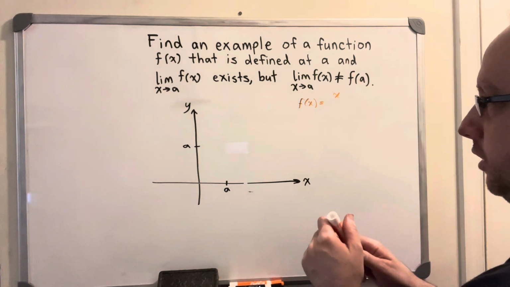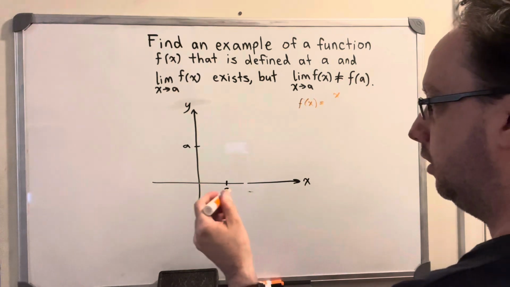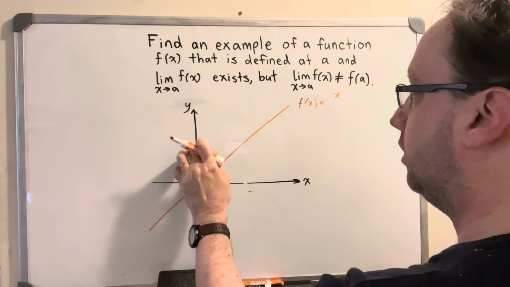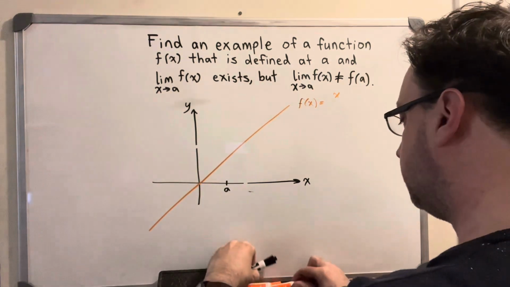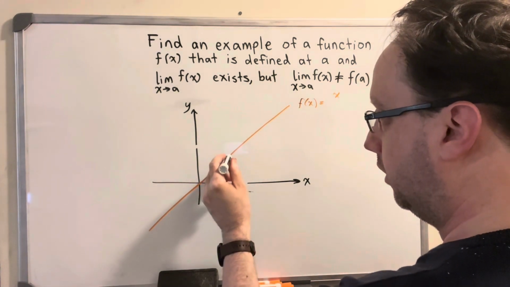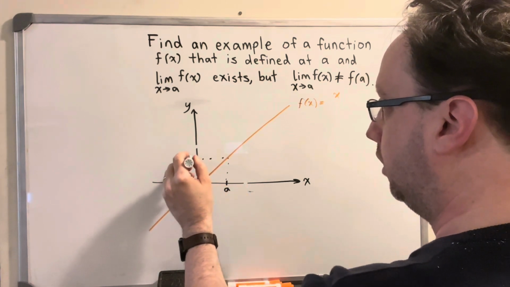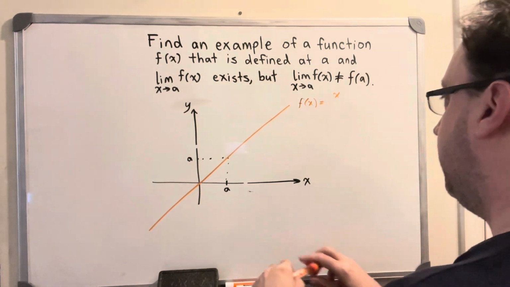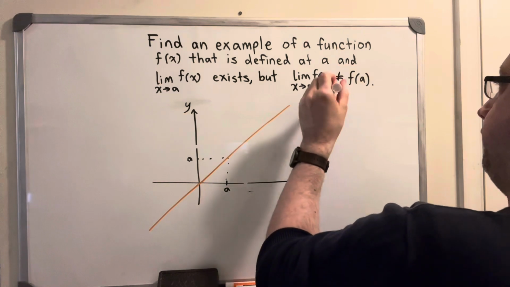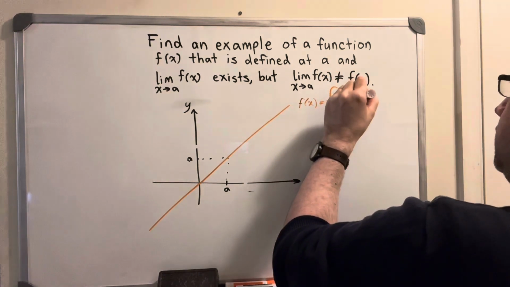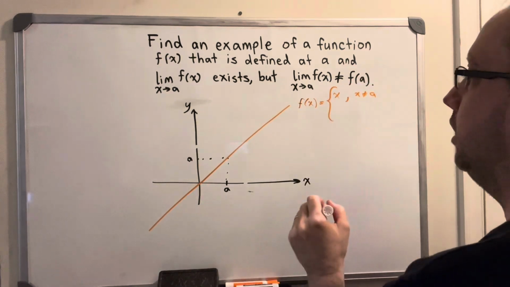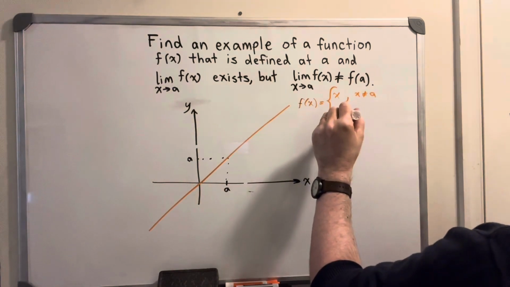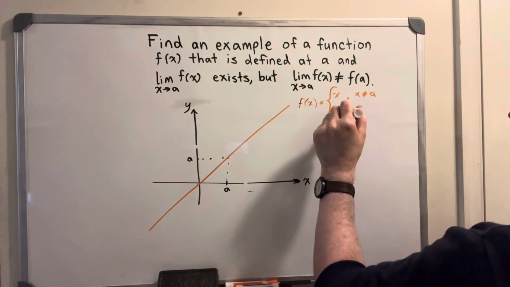You know, f of 1 is 1, f of 2 is 2. It's going to be a line where every x value and y value are equal. In that case, when x is a, y is a. Now don't worry, I'm not done yet, but what if I made this instead a piecewise function where f of x is x for all values x is not equal to a, and what if at this point a, when x is equal to a, then the function is equal to